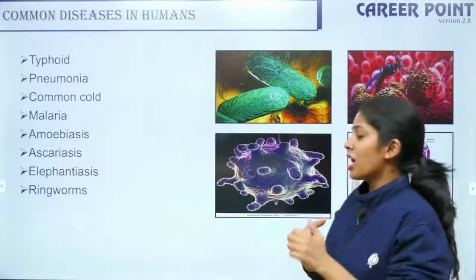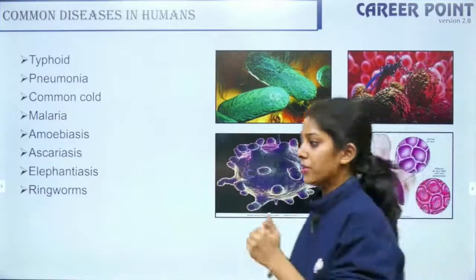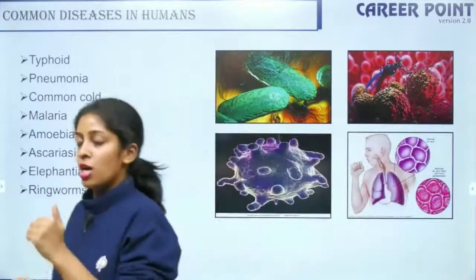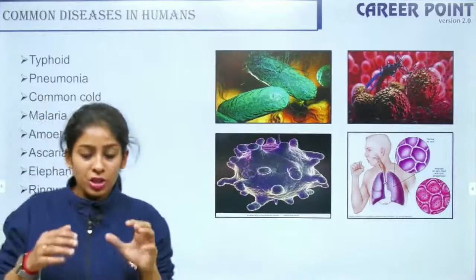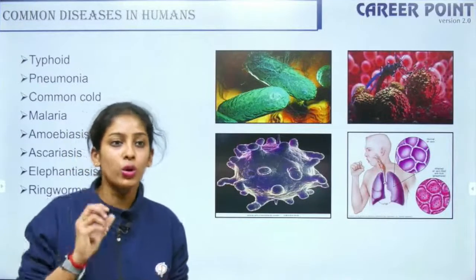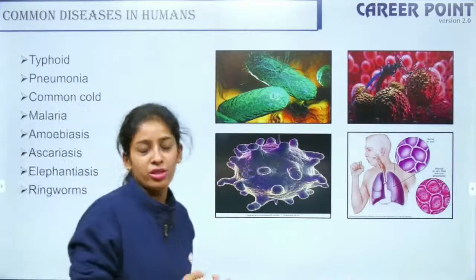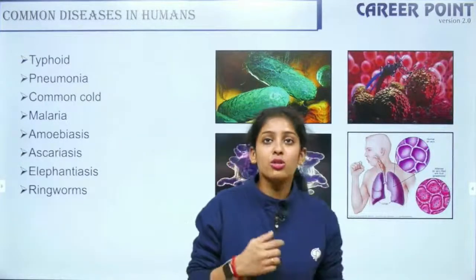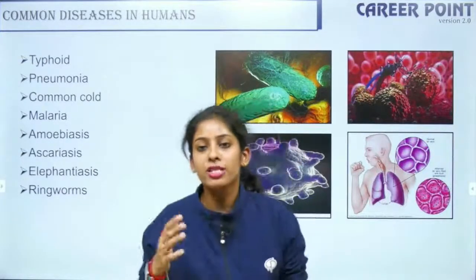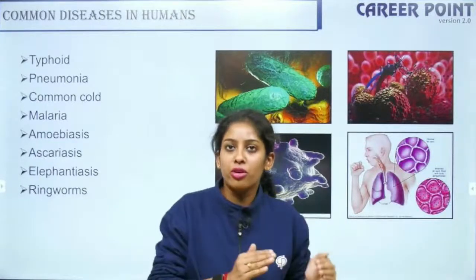This chapter, human health and disease, is a pretty big chapter compared to your next chapter, microbes in human welfare. The chapter begins by talking about what is disease and what is health. You'll go through the definitions, because sometimes they would ask you to define disease and health. You'll also go through the Greek terms, which means that all 4 body fluids are very important. So please go through that introductory portion.